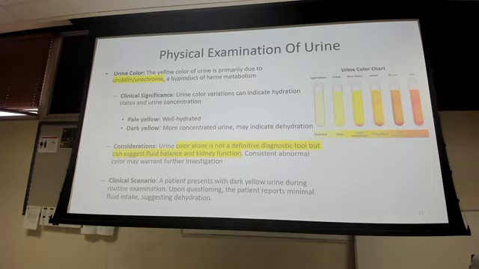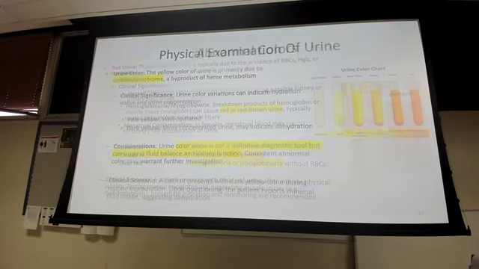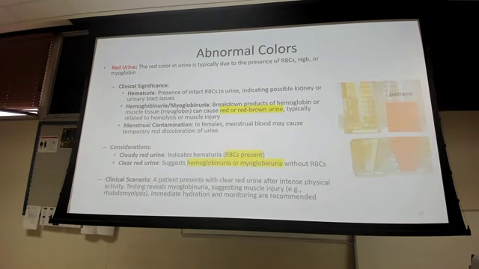So if you see pale yellow, you're thinking well hydrated, you're doing okay. You're seeing something dark, yellow, red, or brown, you're thinking, okay, something else is going on with my patient, okay? So we'll break down a little bit of some abnormal colors, all right? So red urine also can be seen in menstruating women, so you have to take that into consideration. It may not necessarily be abnormal, but if this person is not a menstruating woman, right, it could indicate hematuria,